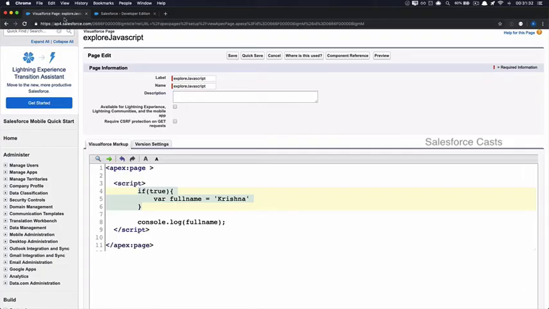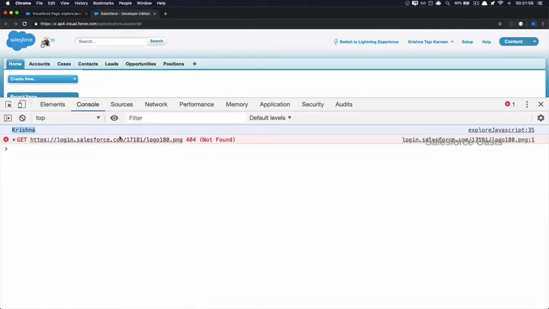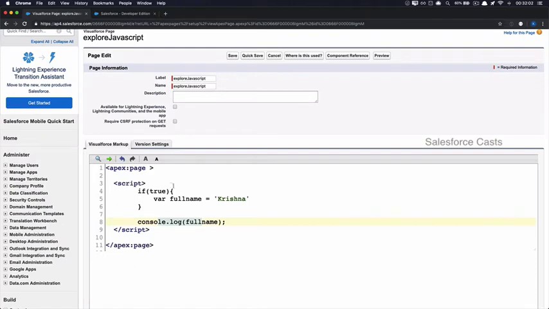That is because if you remember what I've mentioned, when you try to declare a variable using the keyword var, then the scope of the variable is going to be the function. Here, this is not a function. This is a statement. And the variable that you tried defining here will be pushed to the global scope. And here we are trying to use the variable. Hence, it is showing us Krishna here. So the problem that I see here is when I try to define a variable within the statement, then it is being leaked to the global scope, which is not expected. The downside to this is when you're trying to work with large code base, then at times it might display unexpected behavior.